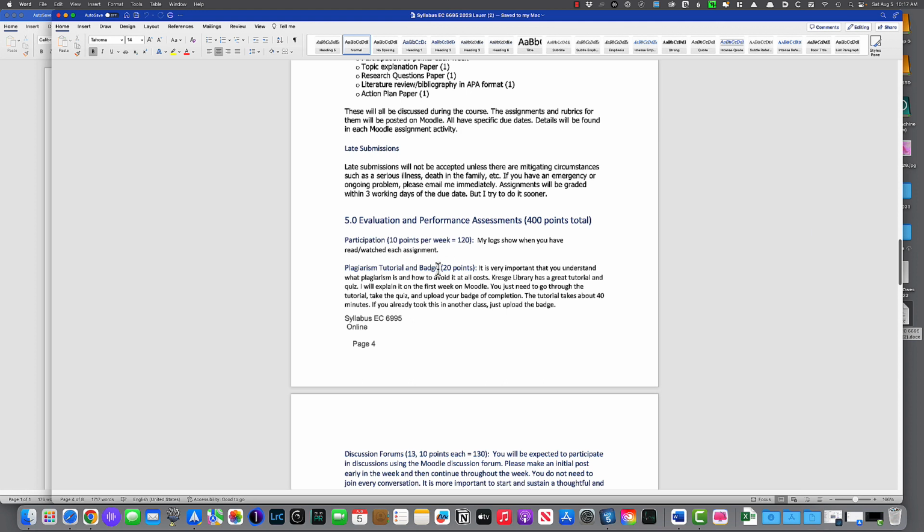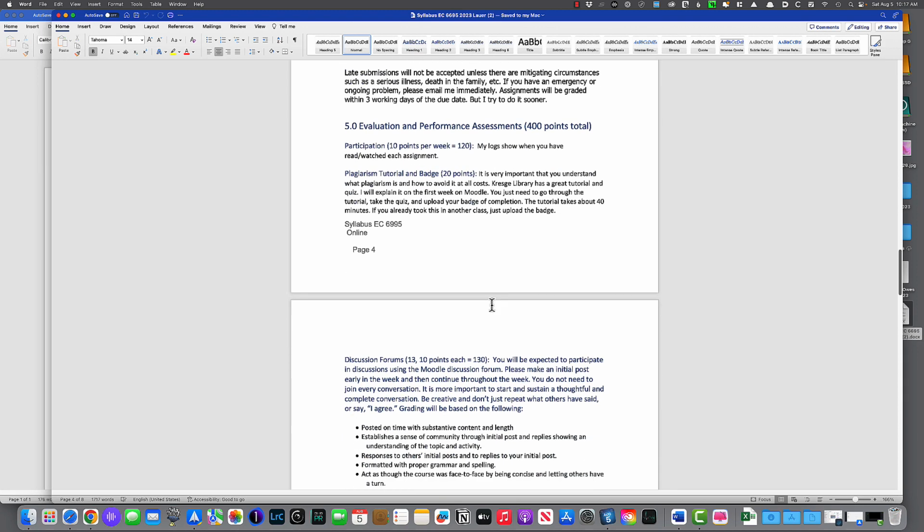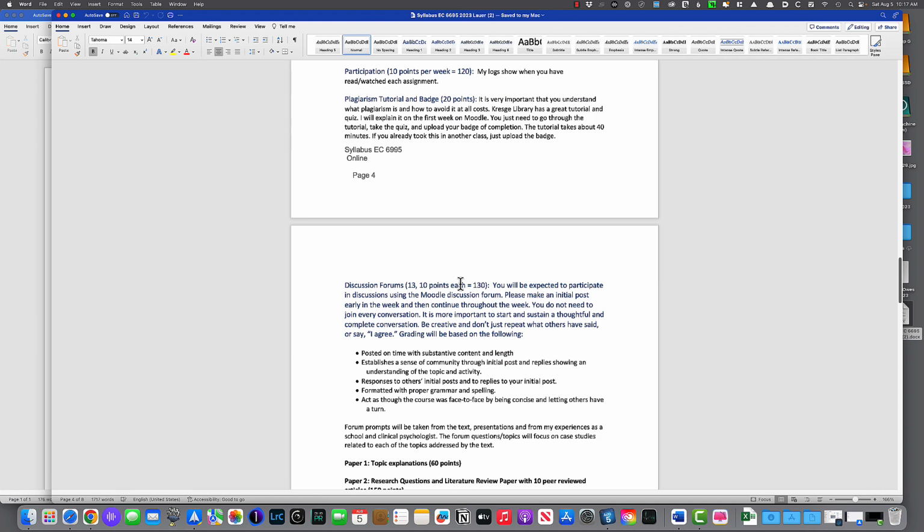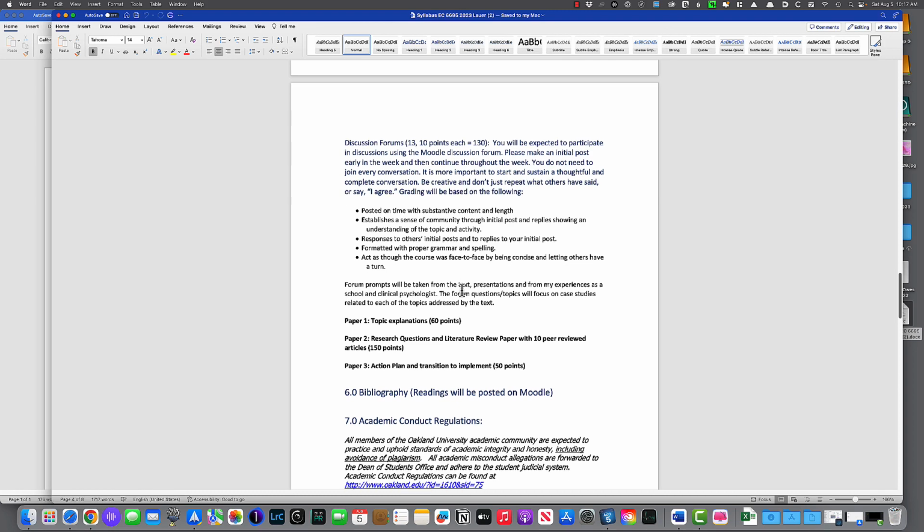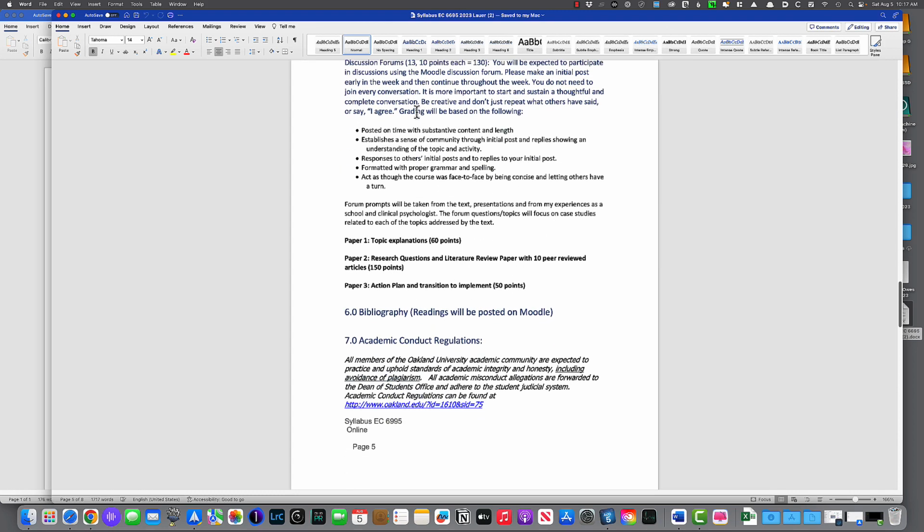There's a plagiarism tutorial and badge. It's actually now called something different. It's called the Academic Integrity badge. And there will be discussion forums, 10 points each for that. And then under